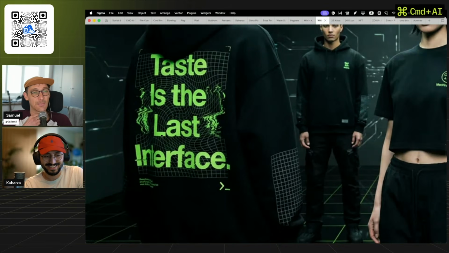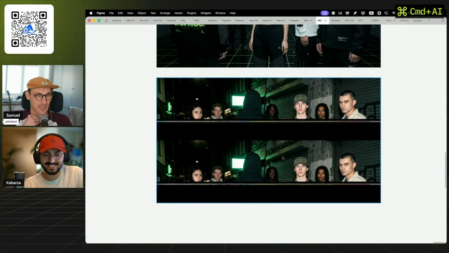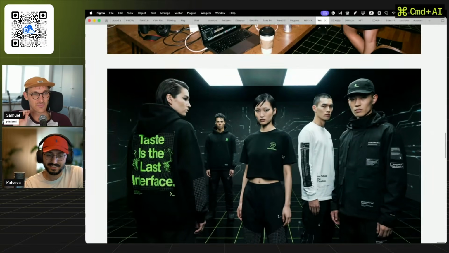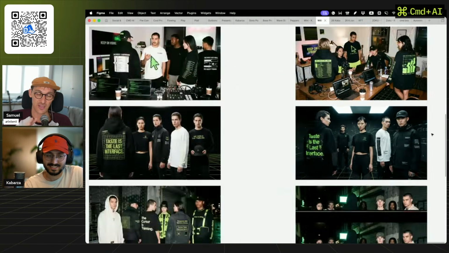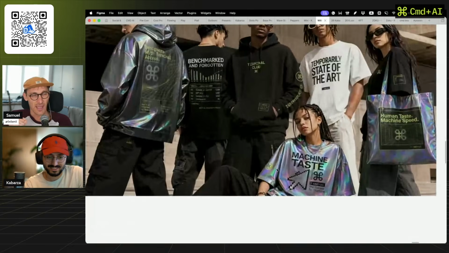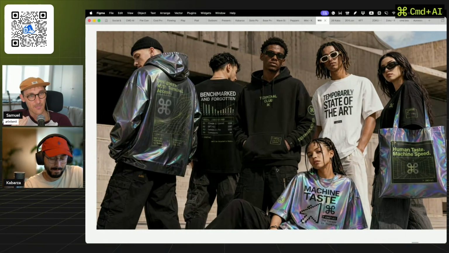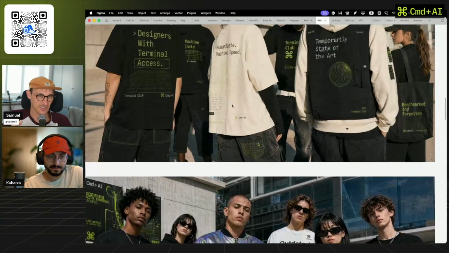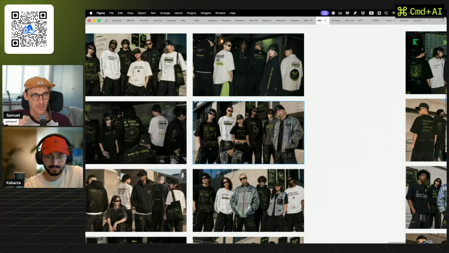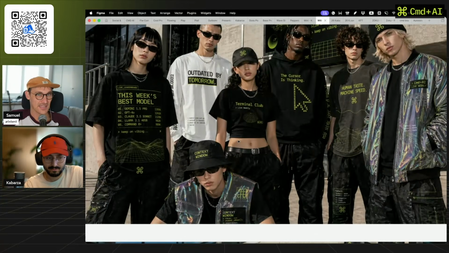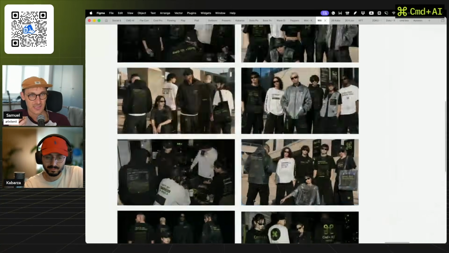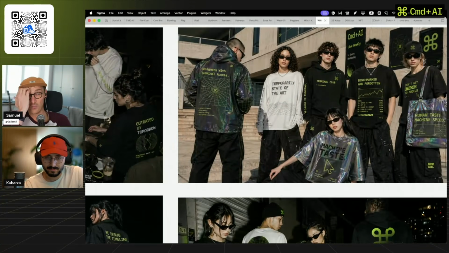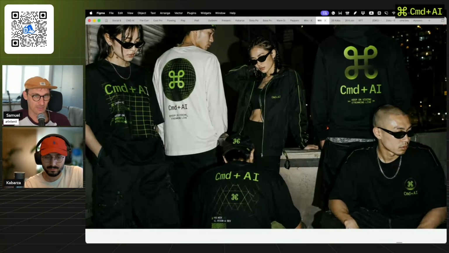I have to say, I maybe disagree with you a little bit there, but yeah, the merch for me looks so much better from GPT Image 2, and the way that the graphics are placed on the clothes is a lot better in GPT Image 2. But maybe it's a taste thing. The images look only marginally more cohesive, but